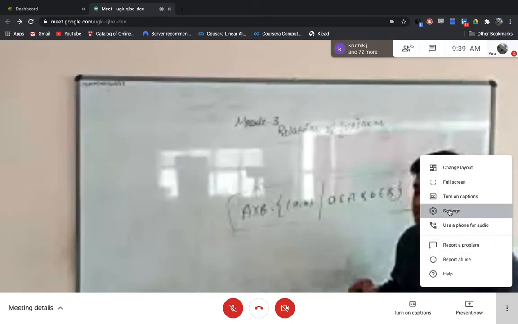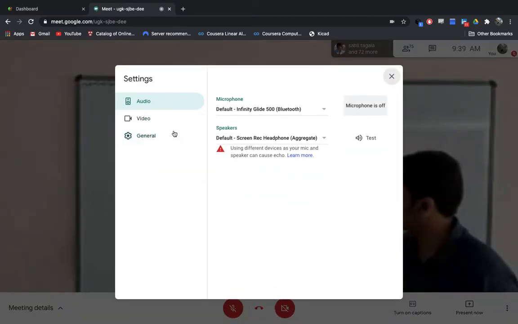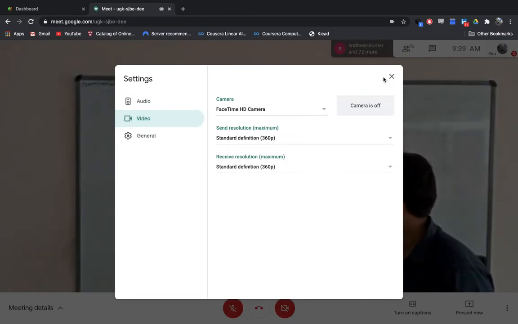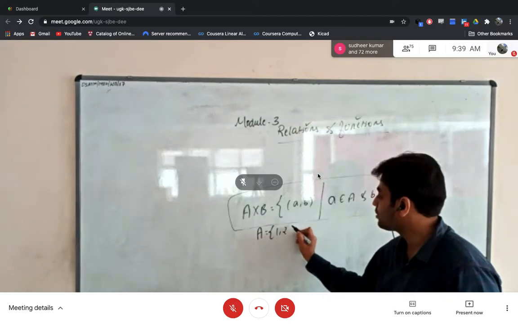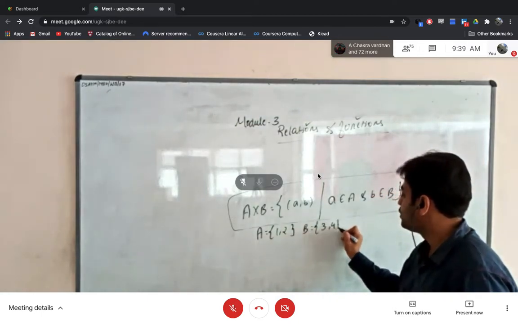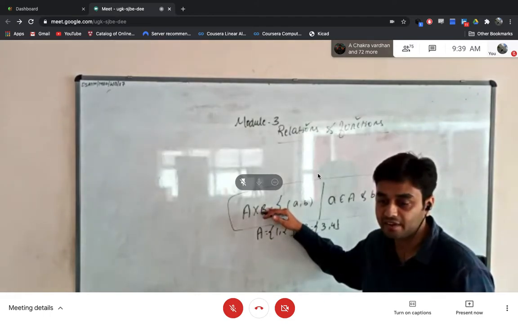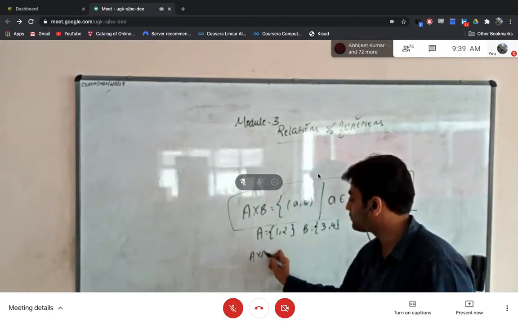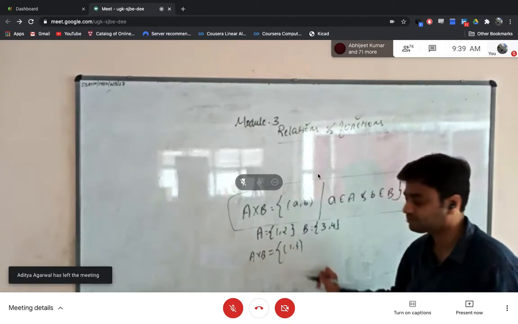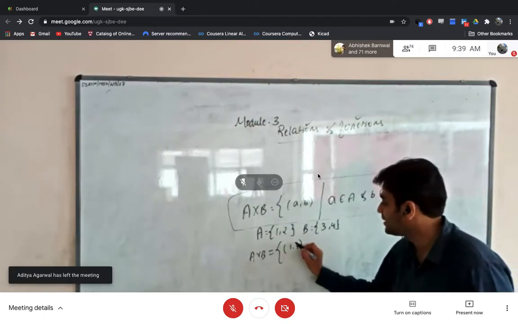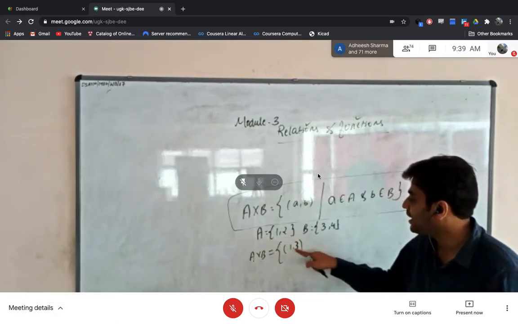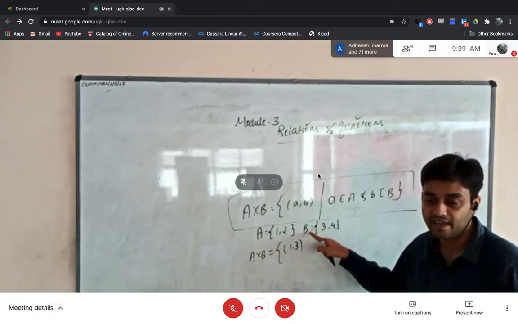Based on this, let us take one example. Suppose set A is equal to {1, 2}, and set B is equal to, say, {3, 4}. Based on the definition I have given, if I write the cross product of this, which are all the elements you will get? Can I write 1 comma 3? Is it a valid ordered pair? Yes, of course it is a valid ordered pair. Why? Because the element 1 belongs to the set A and the element 3 belongs to the set B. It is a valid one.